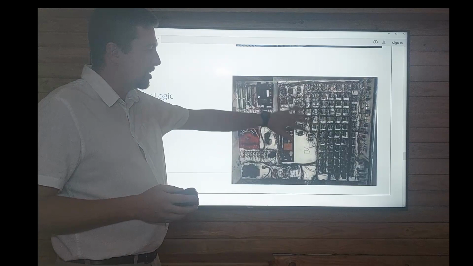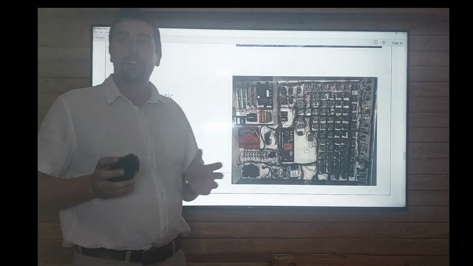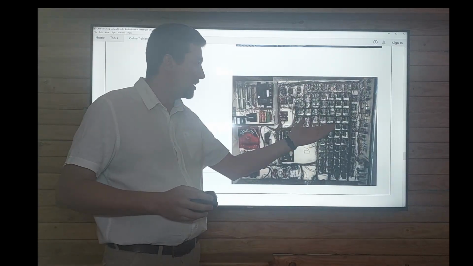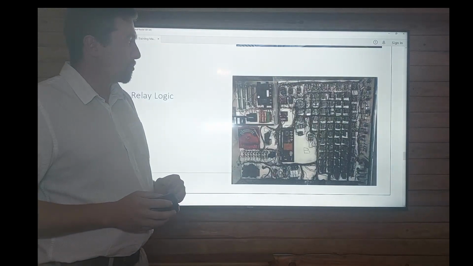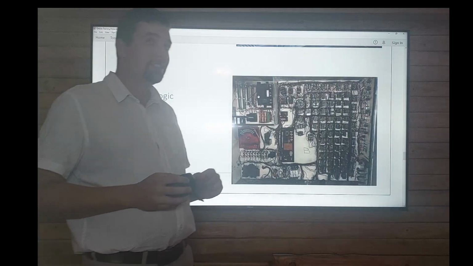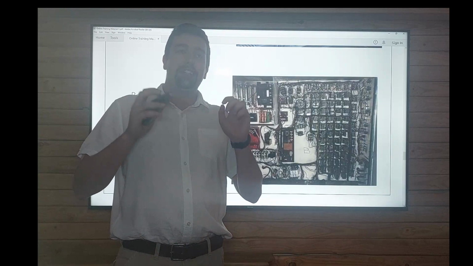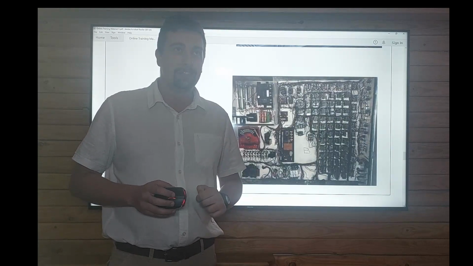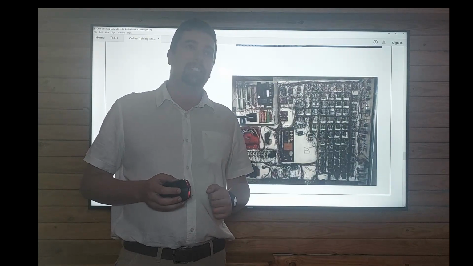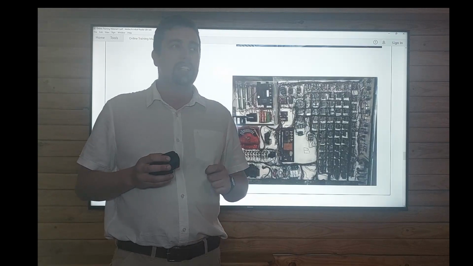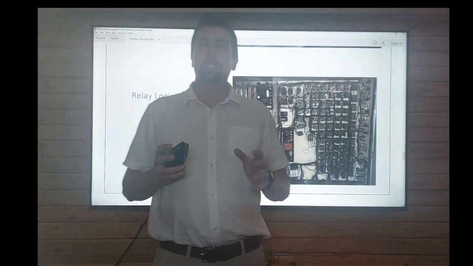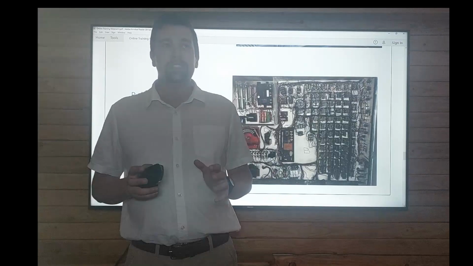I see only wires. I have no idea which wire is going where. Hence, the main issue: fault finding. Fault finding is one of the most underrated